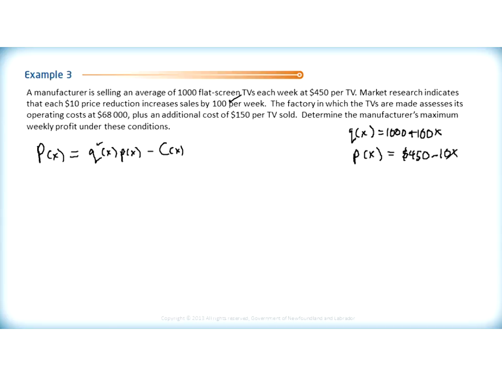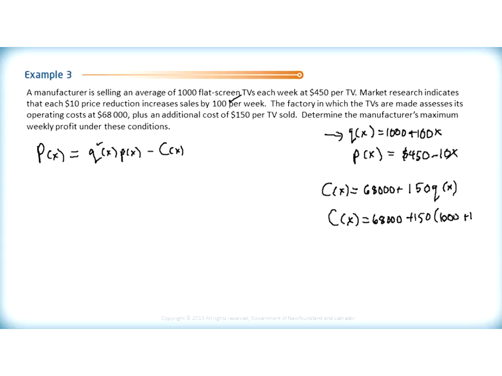So for the cost function, they tell us weekly costs are a flat $68,000. That's probably your overhead. And then from that, we have to add an additional cost of $150 for every TV we sell. So how do we know how many TVs we sell? We don't, but we do have an expression for it already. So it's 150 times the quantity that we're actually selling. So then our cost function becomes 68,000 plus 150 times 1,000